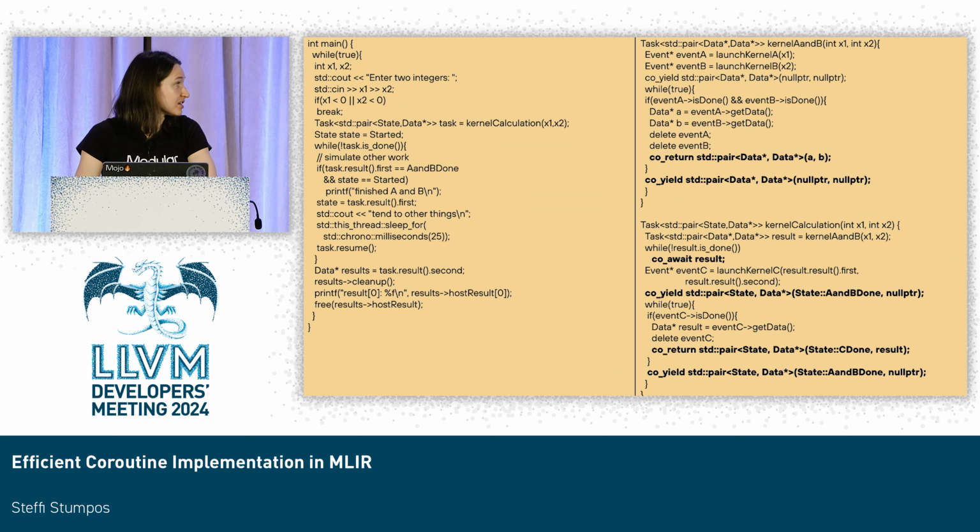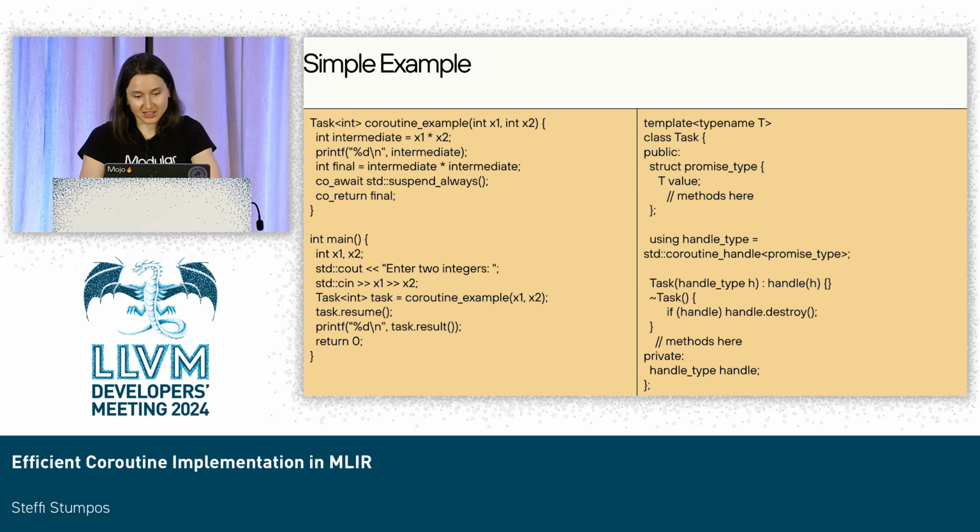We can use keywords like co-await and co-yield. Co-yield is like suspend, but I'm not done yet, just write to the return but keep going. Co-return will mark it as done, and co-await spawns a child coroutine. So it's a little cleaner and looks nice, but what we really care about is what's going on underneath the hood,